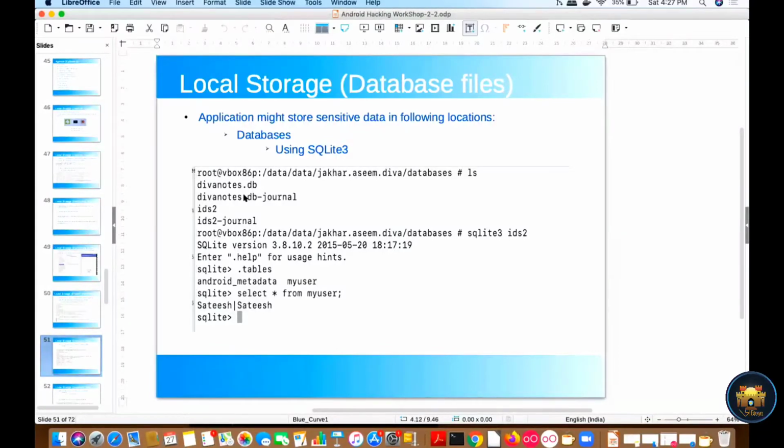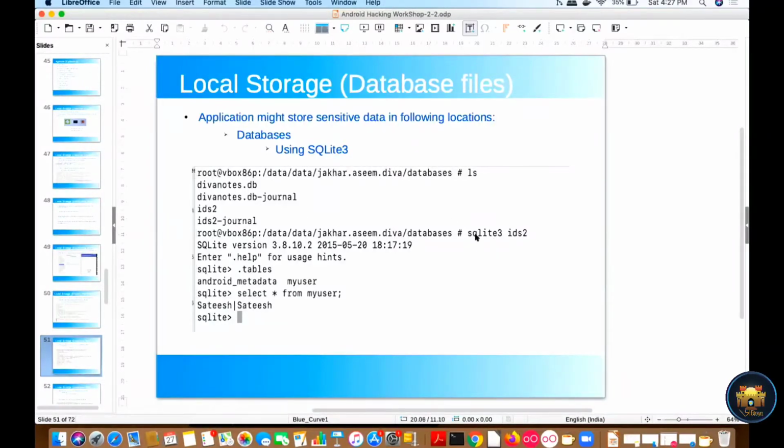So there are two methods to check this particular file. One is using the SQLite command, which we will execute in the SQLite command prompt. We navigate to the jakarasim.diva package name and then databases, and check if any database file is created or not. If I do ls, there is one file created, IDS2.